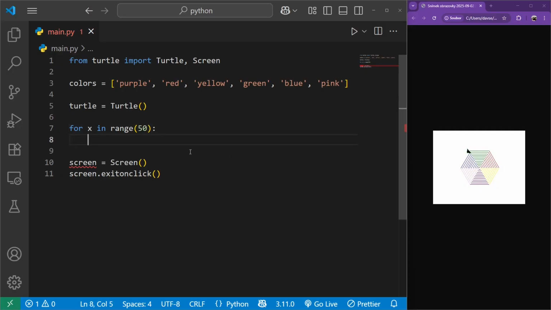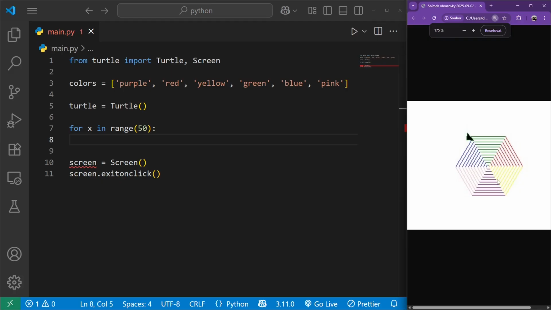But one cycle means that you go with one line. So it means it will create the first line, second line, third, fourth, fifth, and so on. So every cycle is a line. It's not a whole circle. So it means at first I would like to